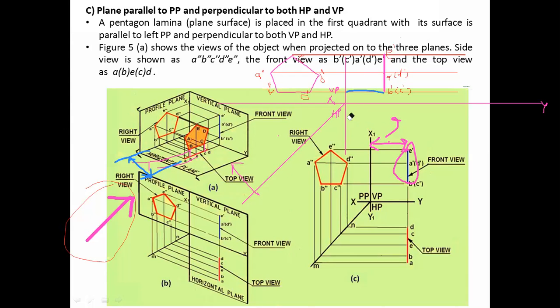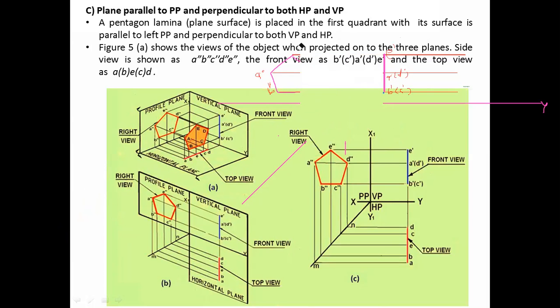Now what we will do? Now we will draw top view, correct? So for that, we will draw projections. First of all, we will extend this downward.